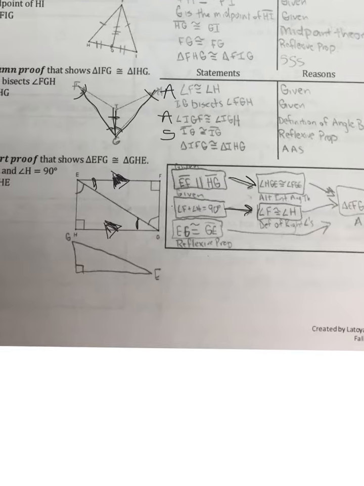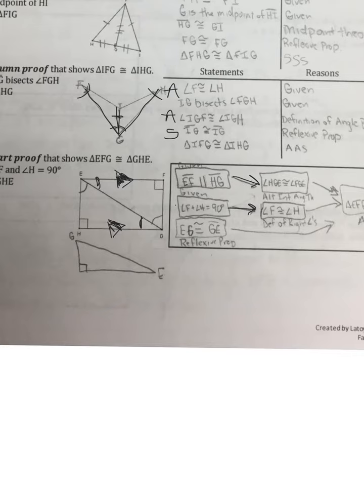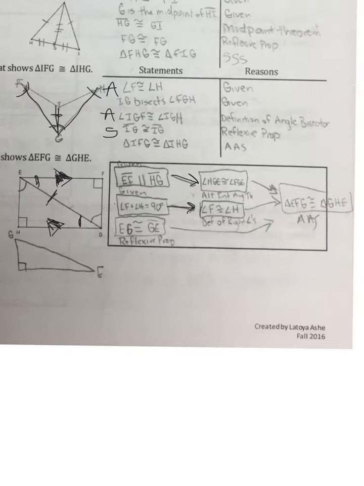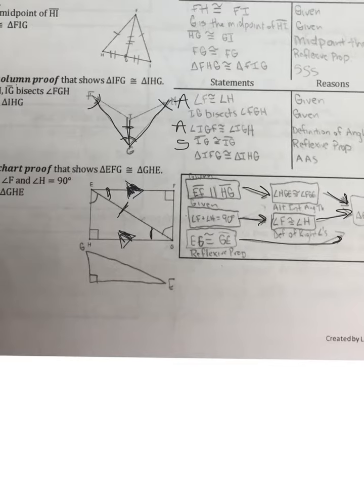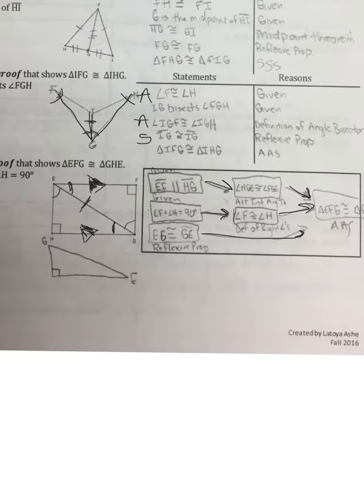Here at the bottom, again, you'll see that they share EG, and that's reflexive property. Again, a reflexive property all over this worksheet, used a bunch. And so from here, here, and here, if we do that in the right order, now the way I have them written, they're not quite in the right order, but it should be,